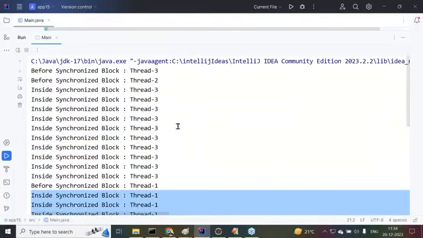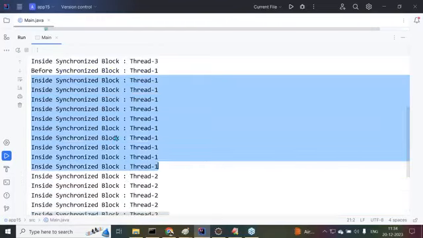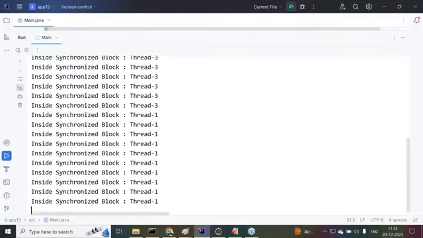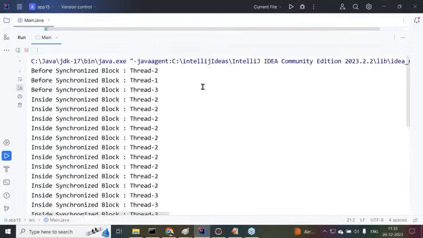Why is it a valid output now? Inside, we just have to put focus on what? Inside the synchronized block. Once thread 3 has entered inside the synchronized block, is any other thread interfering with thread 3? Got my point or not? Thread 1 is coming before the synchronized block only, but not inside the synchronized block, in the middle of thread 3 execution. So after completion of inside synchronized block thread 3 only, inside the synchronized block thread 1 we are getting, inside the synchronized block thread 2 we are getting. Execute one more time. Now see this one. Now we are getting perfect output.